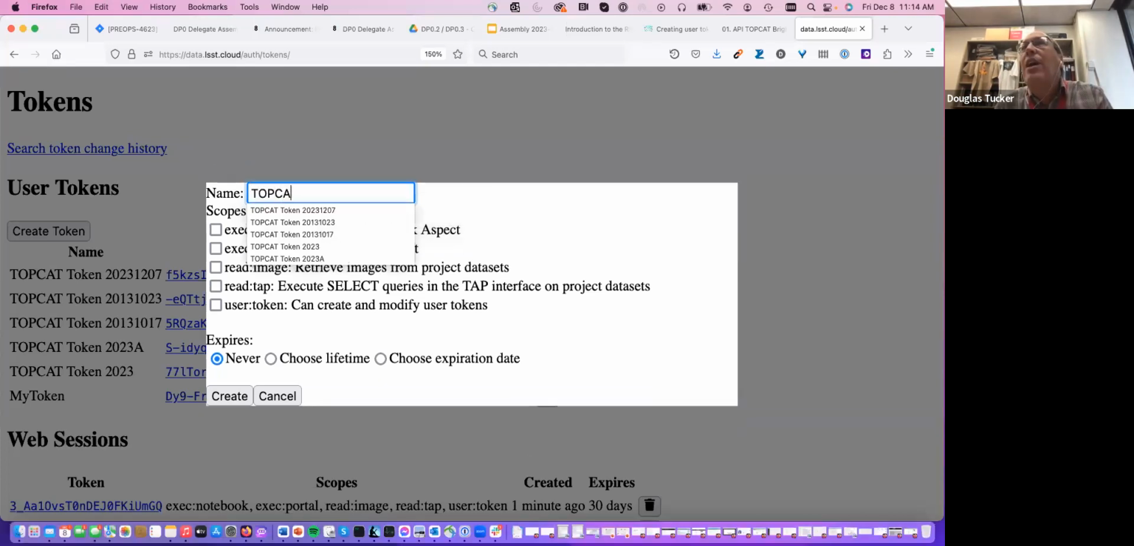So I usually call it something like TOPCAT token. I actually have a whole bunch of these, but I don't really need a bunch of these. They just kind of accumulate. So I want to know that it's a TOPCAT token, and I give a date when I created it. And you want to give it a scope of read tap. So you want to check this read tap for execute select queries in the tap interface on project data sets. And for expiration, I recommend just saying never. You can choose a lifetime or expiration date, but I think ideally you just set it to never